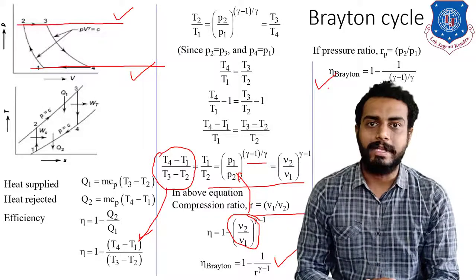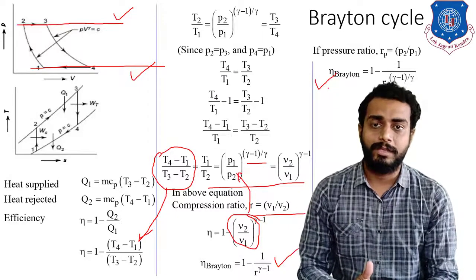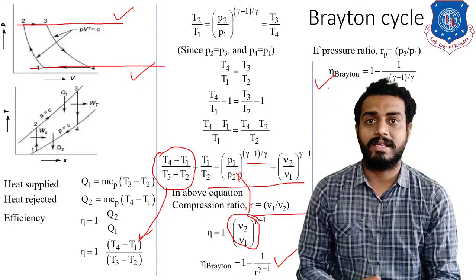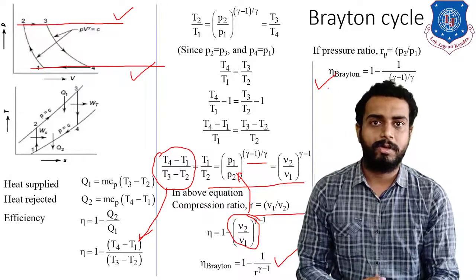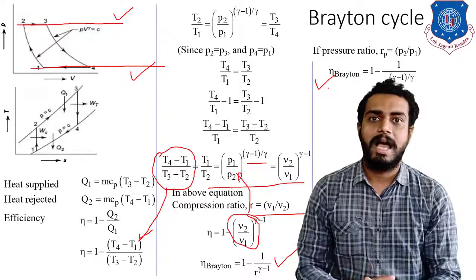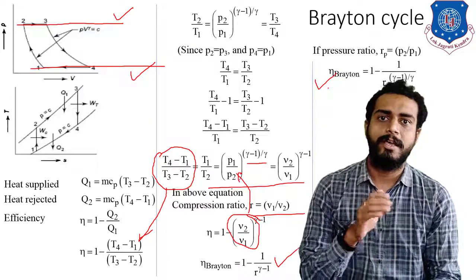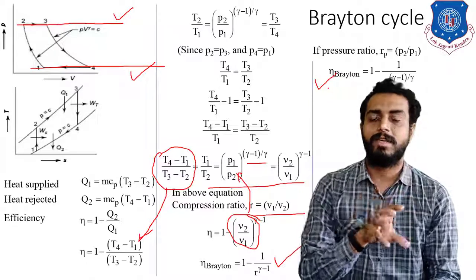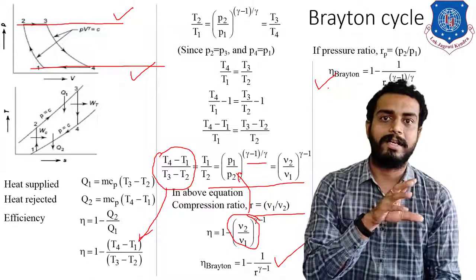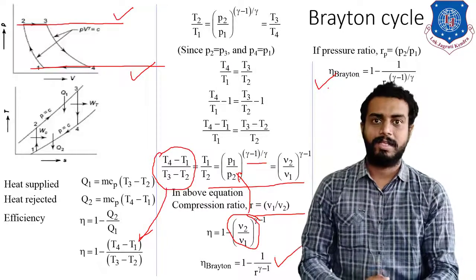So that you have to consider. That might be asked in an examination: can you replace the Otto cycle with the Brayton cycle? Why? No, because one thing is that the size of the components of the Brayton cycle is very much larger compared to the Otto cycle, and another thing is that the pressure range in which the cycle operates in the Brayton cycle is very much higher compared to the Otto cycle. Okay, so keep this in mind.